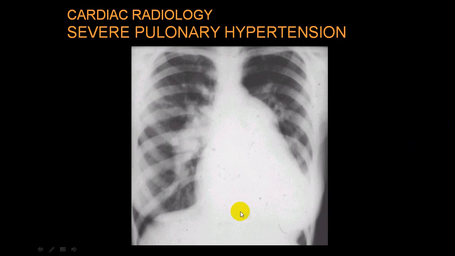Now if you look here, there is a cardiomegaly. Angle is clear. There is a marked prominent pulmonary vascular markings. And there is a left atrial appendage also. Left atrium is also enlarged. And this is dilated pulmonary artery. And such things you will get in a case of a severe pulmonary hypertension. Very common in mitral heart disease.